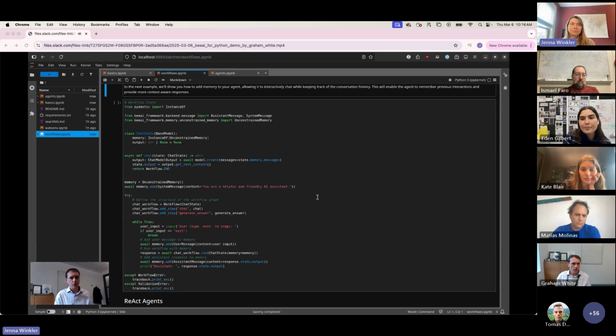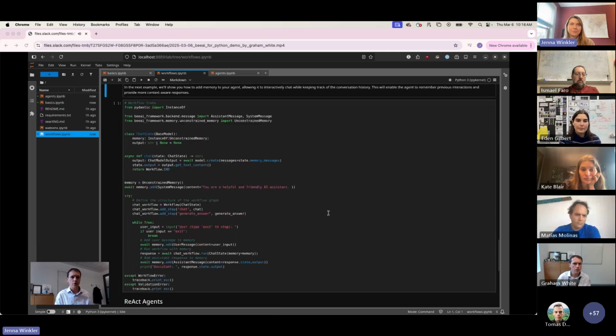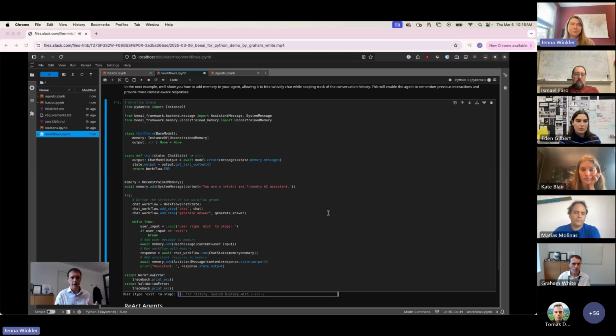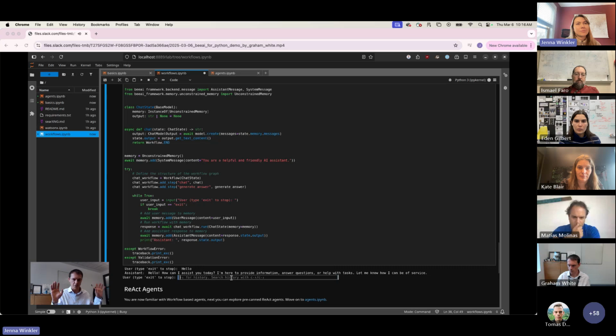Similarly to what we showed earlier, the workflows can have memory as well. So this gives us a way to, again, inject multi-turn into a workflow style agent. And in this instance, what we're doing is we're creating an infinite loop here. So whilst true, it's now looking for some input. So you'll notice we've got an input box down at the bottom. And now I can type anything I like. So people often type hello to these types of bots, and you get the kind of standard, hi, I'm a bot type response. And now you can dream up any kind of question or prompt that you might want to give it. So write me